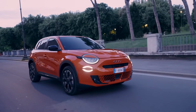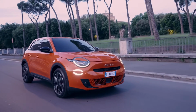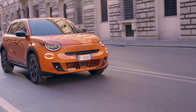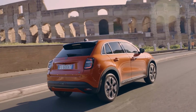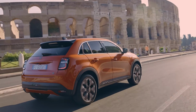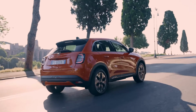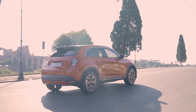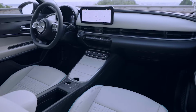The new Fiat 600e is a spectacular re-entry of Fiat into the B segment, featuring an electric drivetrain. With its 4.17-meter length, front storage compartments, and an impressive electric range of over 400 kilometers in the WLTP combined cycle and over 600 kilometers in the urban cycle, this vehicle is well suited for both city dwellers and outdoor enthusiasts. The exterior design pays homage to the iconic Fiat lineage, while the interior exudes the allure of Italian Dolce